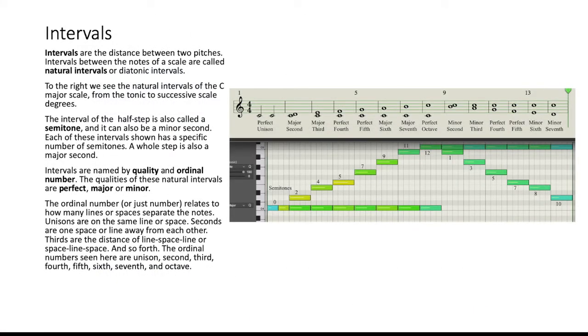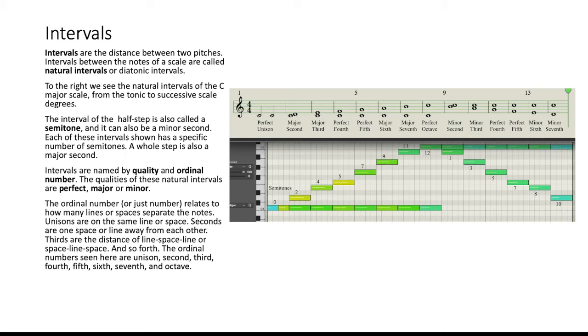Intervals are the distance between two pitches. Intervals between the notes of a scale are called natural intervals or diatonic intervals. To the right, we see the natural intervals of the C major scale from the tonic note to each of